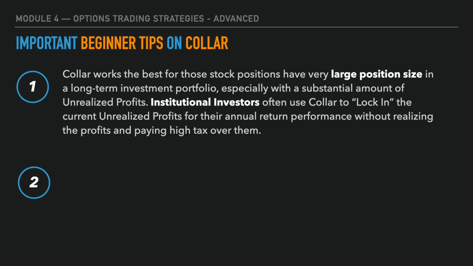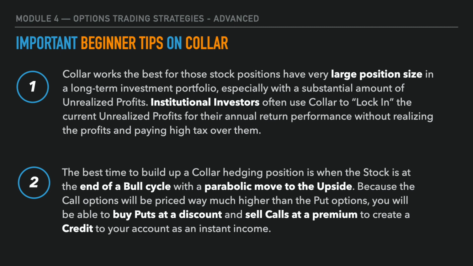Institutional investors often use a collar to lock in their unrealized profits for their annual return performance without the need of closing their positions, realizing their returns, and paying high tax over them. Also, a big selling could potentially cause the price to crash even more, which will have a negative impact on the total return. Second tip, the best time to build a collar position is when the stock is approaching the end